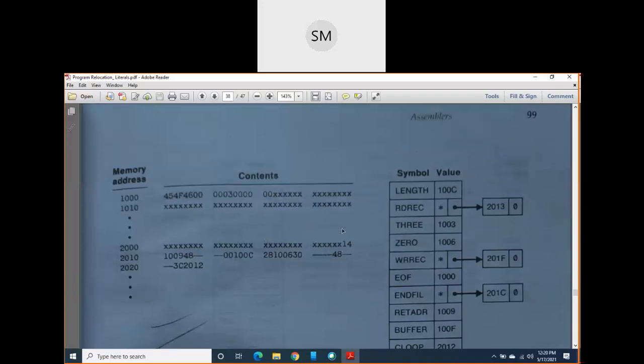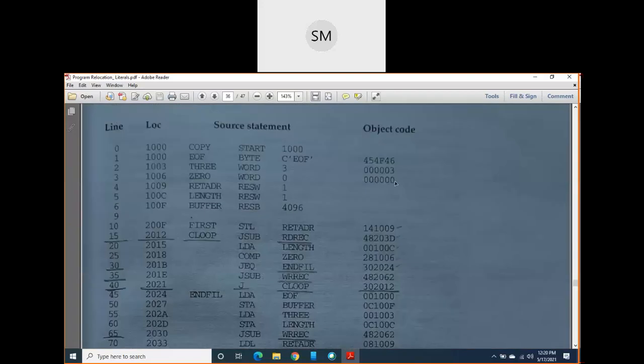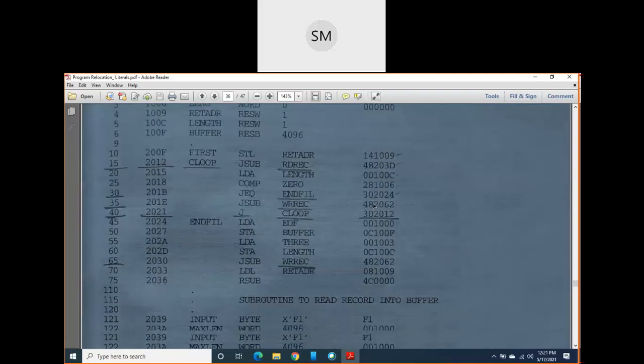Okay, so if you go back in your program, there are also no object codes after 000. Object codes are not here because these are symbol defining statements. So there are no object codes here. Now the next object code is 14 1009. It will start at address 2000F.